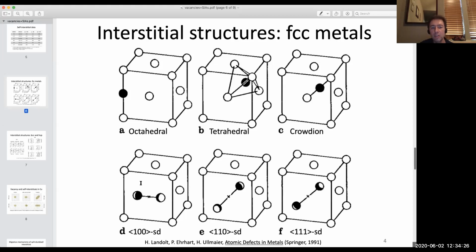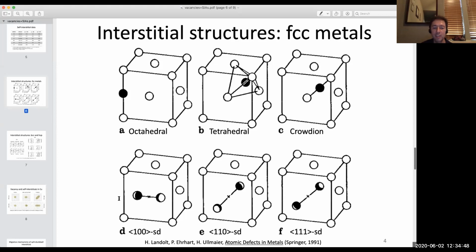In all of these interstitial structures up here, you just take an extra atom and you put it in. For these split dumbbell structures, it's a little bit more complicated. You start out by taking an atom out, so you make a vacancy, and then you replace that atom with 2 atoms. So a split dumbbell is where you've replaced 1 atom with 2 atoms.